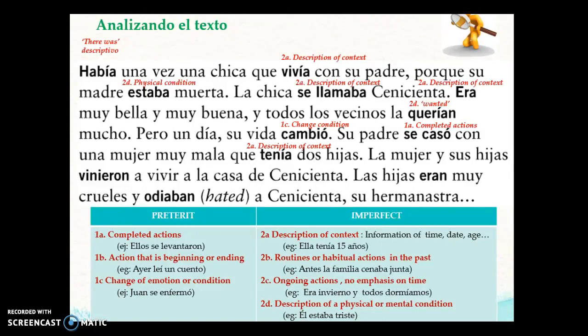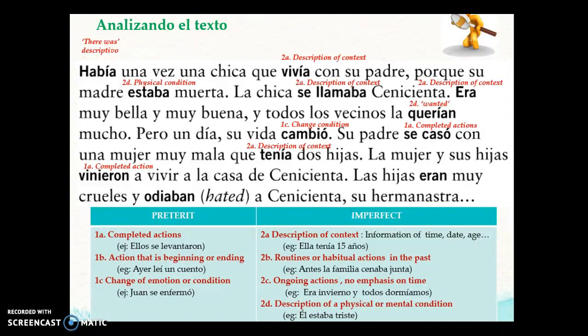I am describing this woman. So her father got married to a woman that had 2 daughters. Yeah, so this is a description about this woman. "La mujer y sus hijas vinieron a vivir en la casa de Cenicienta." This woman and her daughters came to live in Cenicienta's house. So this is a complete action in the past. "Las hijas eran muy crueles y odiaban a Cenicienta." I am describing the stepmother of Cenicienta's daughters, so las hijas de la madrastra de Cenicienta eran muy crueles y odiaban a Cenicienta, su hermanastra. Okay, so I hope that this example shows you a little when we use the pretérito and imperfect